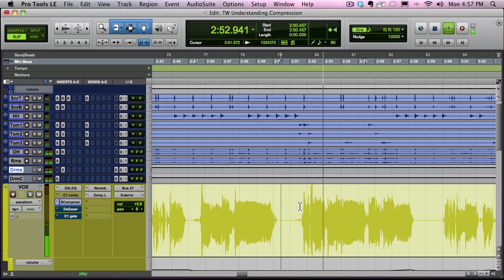Well, I'd settle for waterfall. Another thing to note is compression is great for vocals because, like we've said a bajillion times now, it